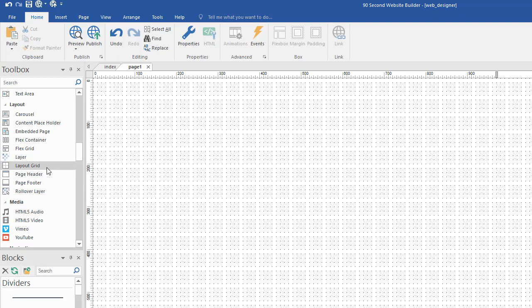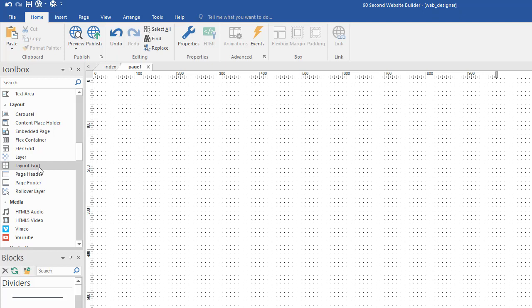the Layout Grid. Now, the advantage of a layout grid is it allows you to make responsive or mobile-friendly websites very quickly without the use of breakpoints and page variations. If you've seen my other videos on how to build responsive websites using breakpoints and page variations, you'll know that's a very powerful way to do it, but it actually is harder. While it gives you more control over the layout of your page, the use of breakpoints is more laborious. It takes more time. And so I'm going to show you a faster way to make responsive websites, basically, with